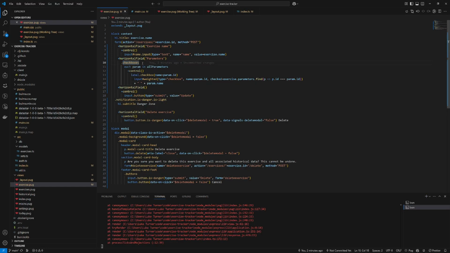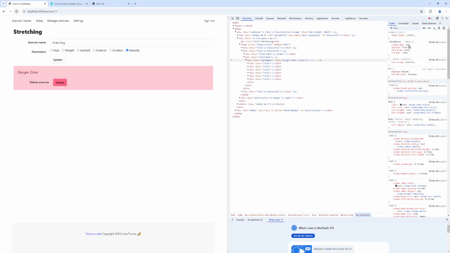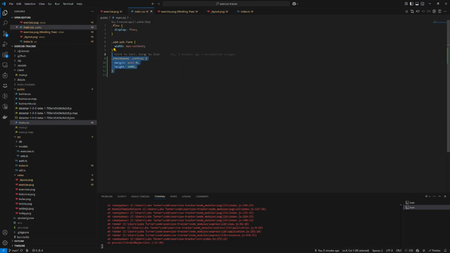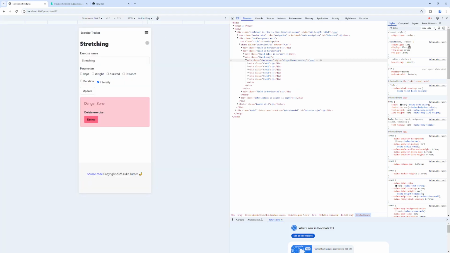Okay, so I'm just going to put a style here: style align items center. And then we also need to get rid of that other attempt at solving the problem. Okay, so now they're center aligned and looking not too bad. If I switch this to mobile view,